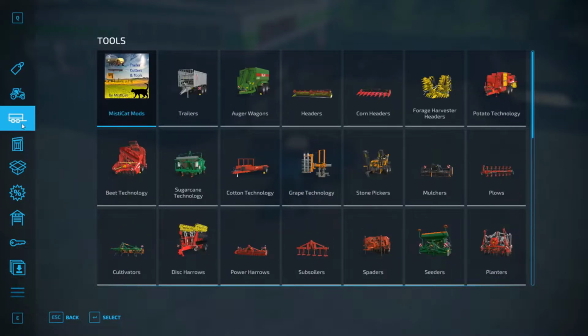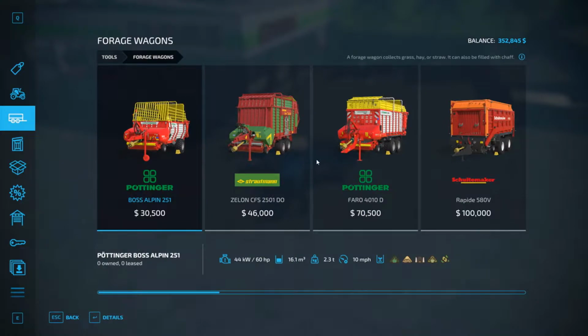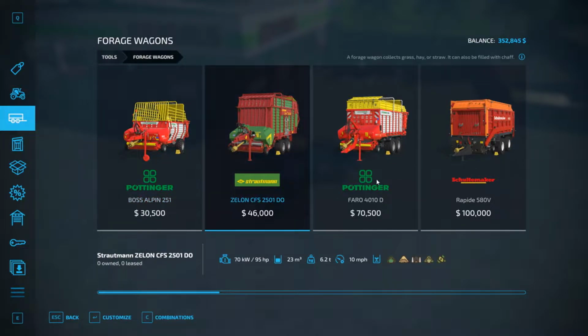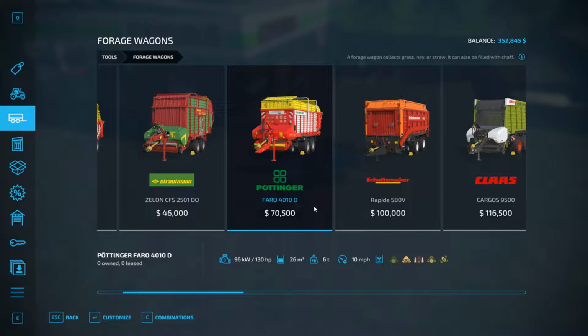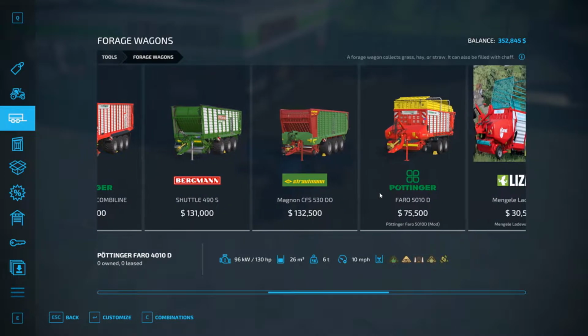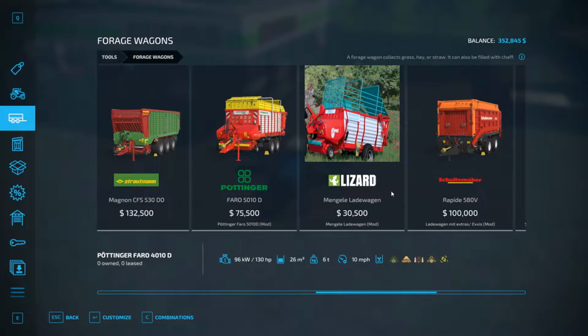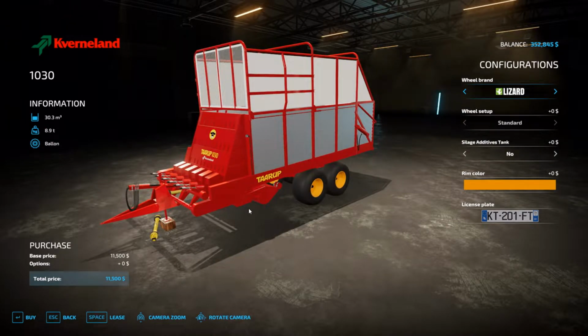All right, first thing we're going to buy is a loading wagon or a forage wagon, whatever you want to call it. Now, these are priced well, but they're a little bit small. This one holds 26,000 liters, and these are a little pricier than I want to deal with. So we can go to the bargain end of the spectrum. This holds 30,000 liters,